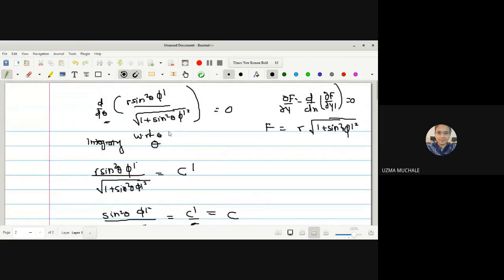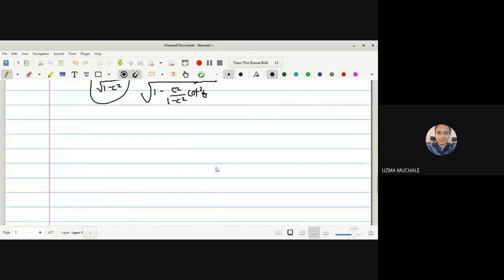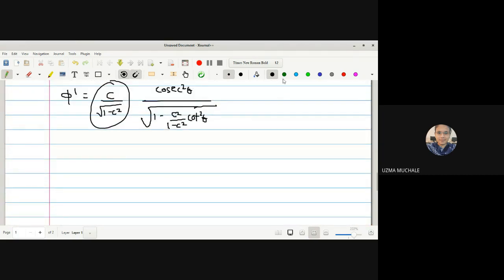Here we have integrated with respect to theta, and c and c dash are constants because r is again a constant. So now we can name it as some other constant, which we can write as phi dash is equal to some constant k, with here we have cosec square theta divided by,